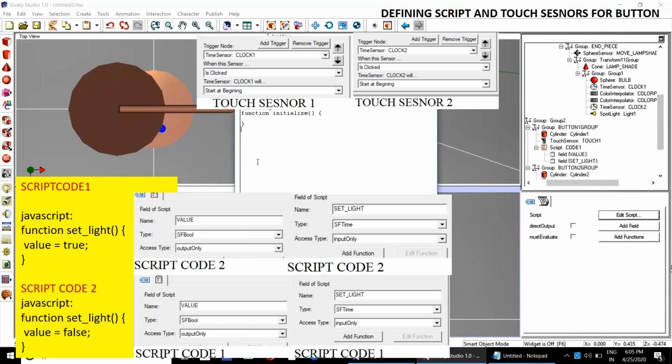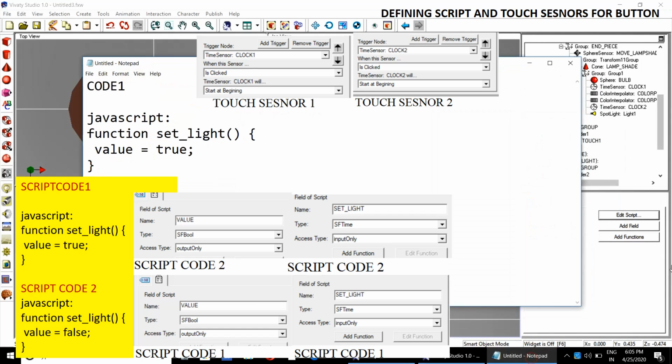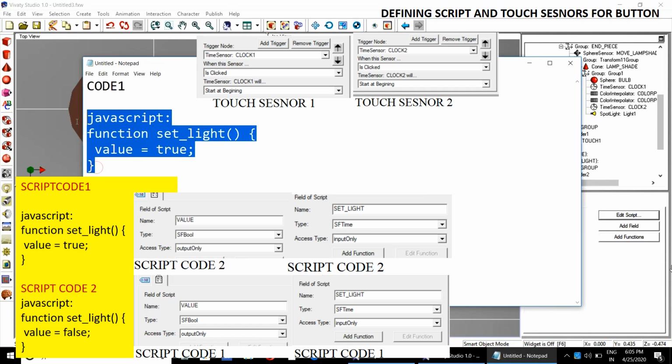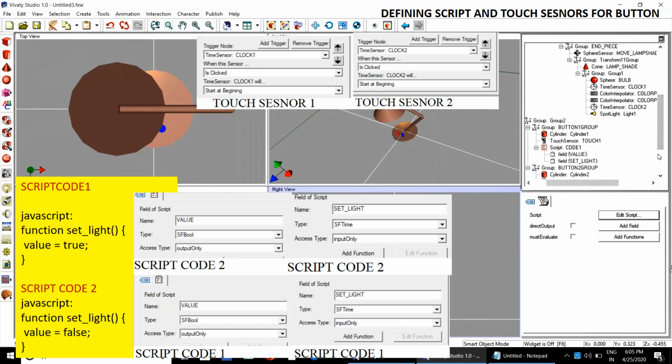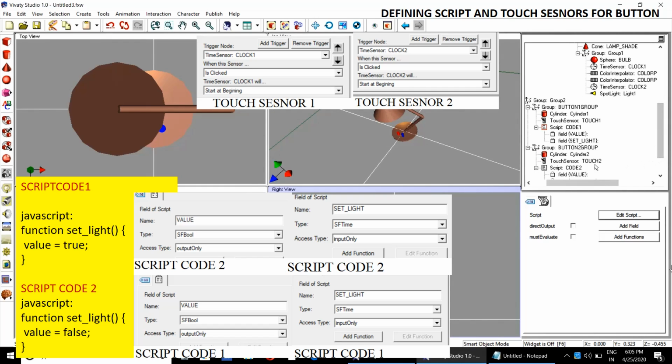Now edit the script. Paste it. This is the required JavaScript for script code 1.